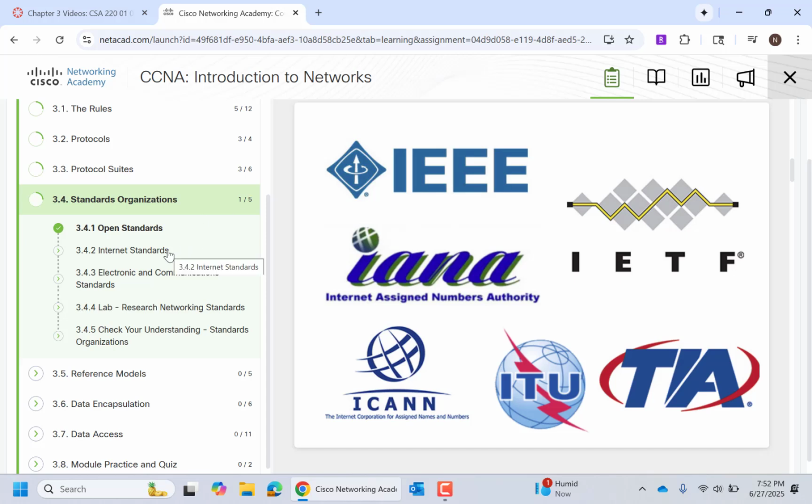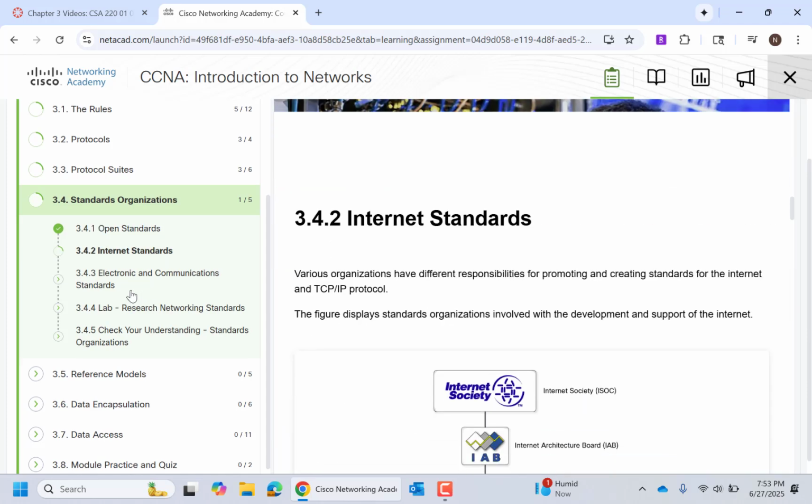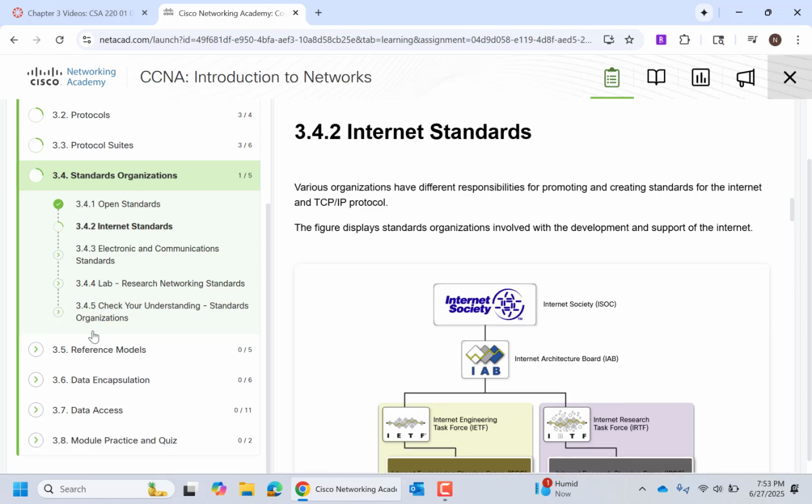Now, if you're, say, Microsoft or Apple or any organization, you can create your own standards. So for example, Apple had like the Lightning connector for a long time. That was their own standard of how that looked and how that worked. But what we found out and through some legislation is it wasn't very universal, so they went to USB-C. And we like open standards. That way anyone can use them, and we can ensure some interoperability between our different manufacturers. So that's what this section's all about. Who are some of those different standards organizations? Where do they come from?